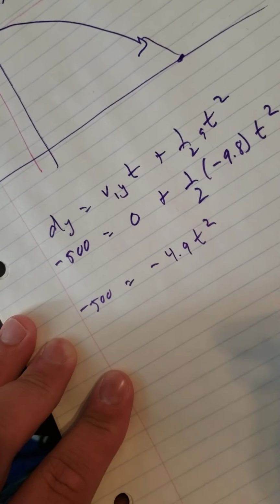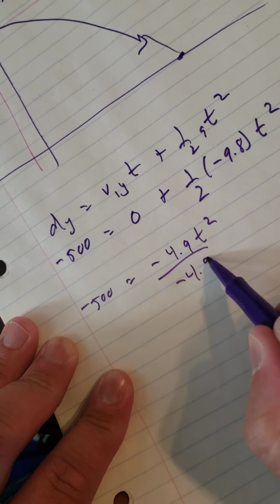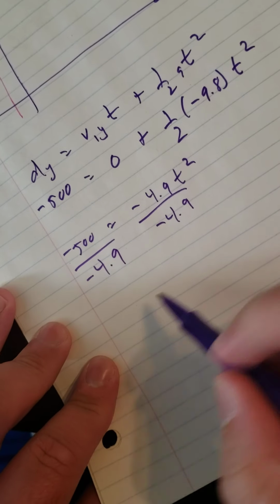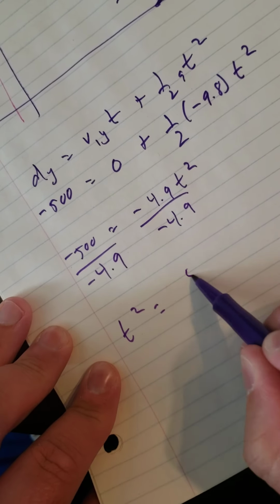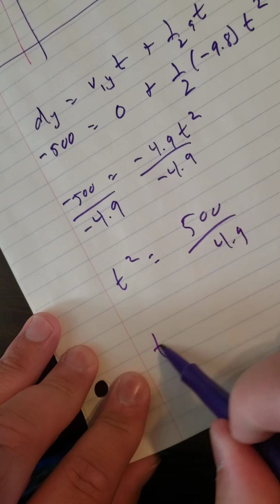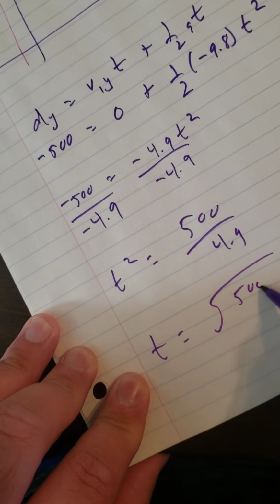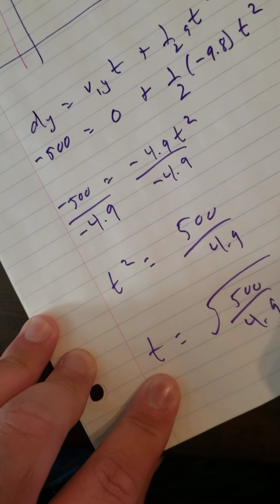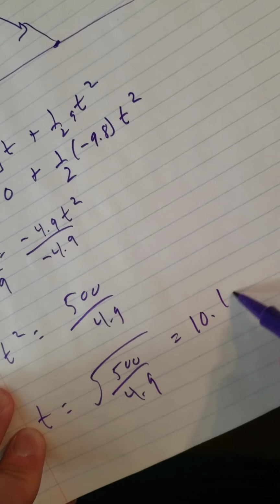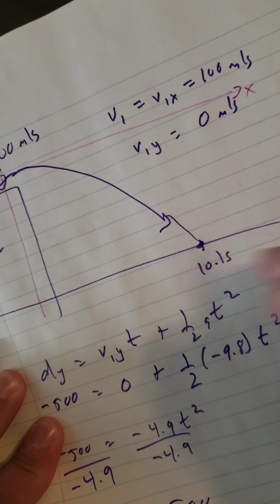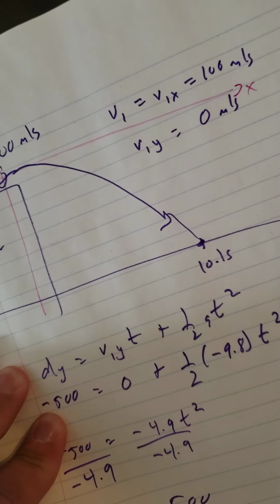I just solve this for t now, so I would divide both sides by negative 4.9, so that gives me t squared equals 500 divided by 4.9. As such, t is the square root of that, which gives me approximately 10.1 seconds. So what that tells me is that this thing takes 10.1 seconds to hit the ground here,